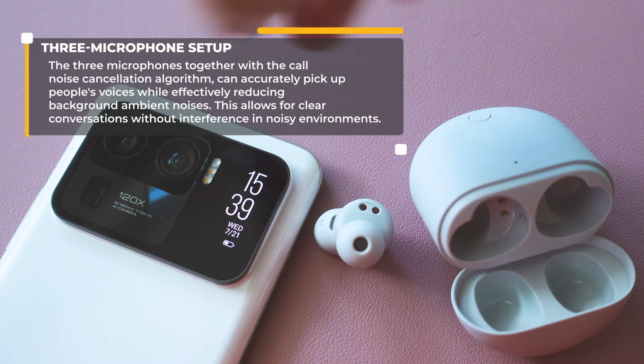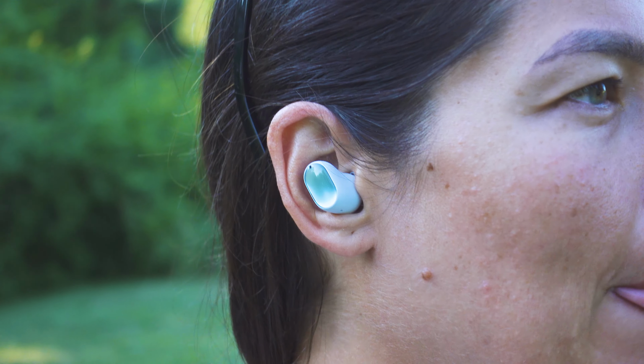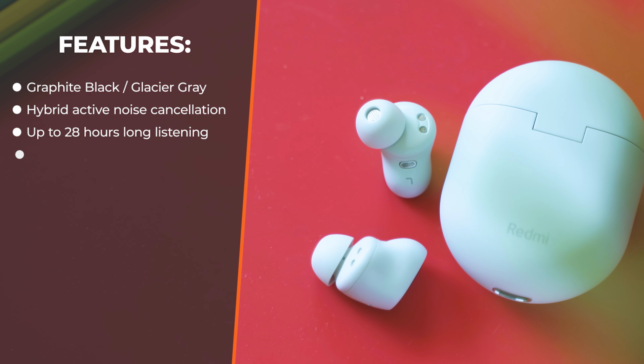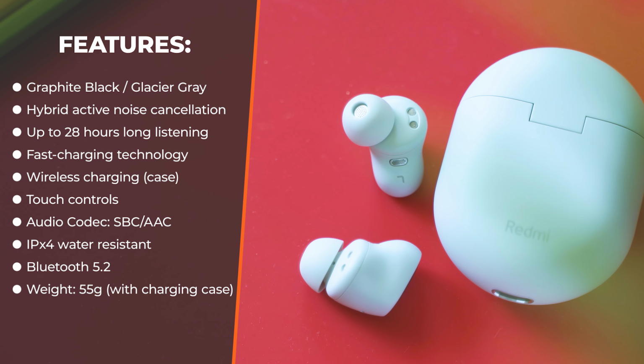And we know, well, in order for ANC to work efficiently, there has to be a cool microphone setup in order to correctly capture noises. Before we discuss the audio qualities, some more specs. The drivers inside each are 9mm drivers, among the largest seen in earbud models so far. There's a 35 mAh battery in each of the buds, giving up to 6 hours playback time,